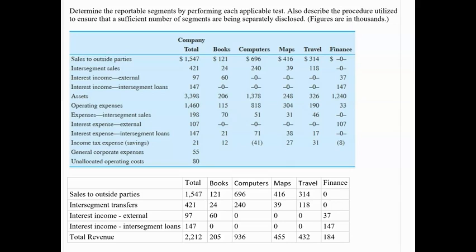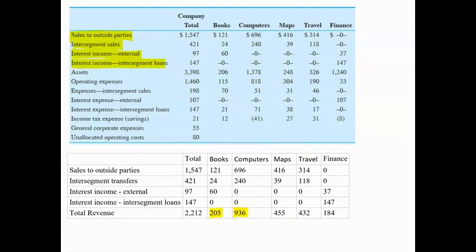We have the revenue to outside parties, intersegment sales, interest income, and interest income from intersegment loans. Okay, so in total we got those numbers. The total revenue from books is 205, revenue for the computers is 936, and okay, so the total revenue combined for all 5 segments is